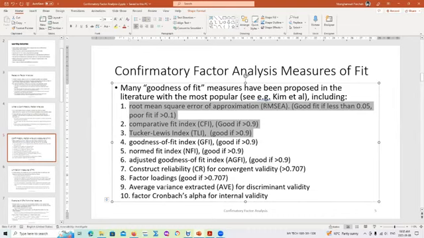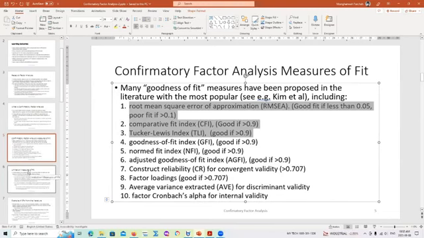And this one, I found this one very interesting. The average variance extracted. Well, what they are going back to is to say, okay, if this is my factor solution, how much variance is being explained by my factor solution? Almost like somebody thinking of our proportion of variance explained, but in a matrix form. Okay, so there are so many measures.